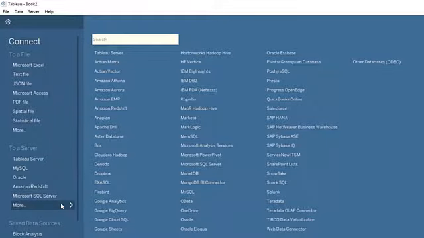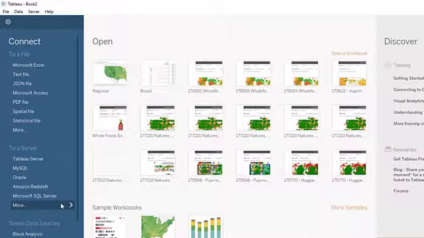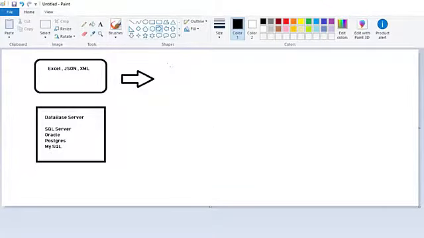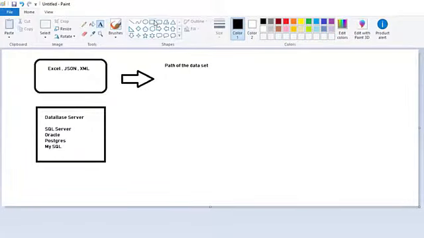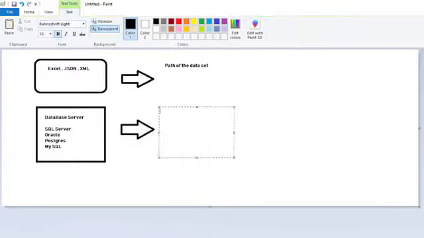So do you need to learn everything? No. You just need to understand that these Excel files require the path. As a Tableau consultant, you just need the path of the data set. But in case of these particular data servers, what are the things you require? Basically the connection string. And what a connection string basically means